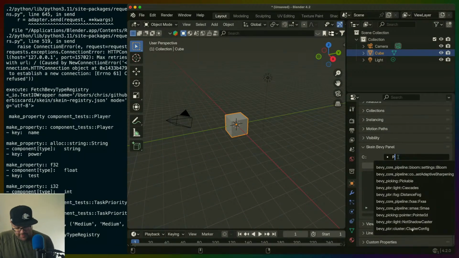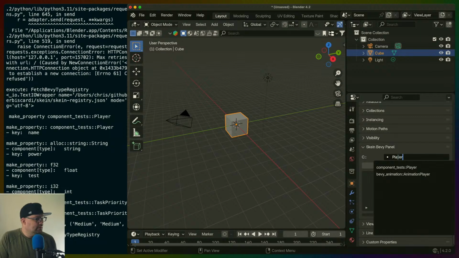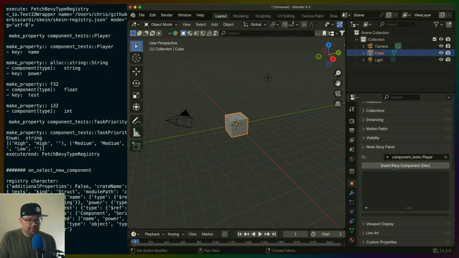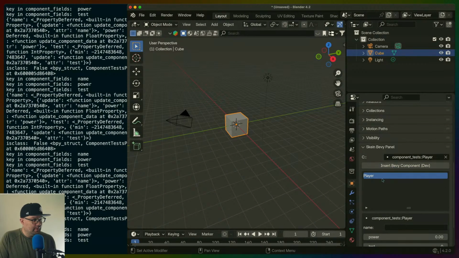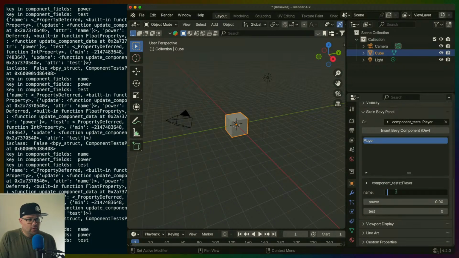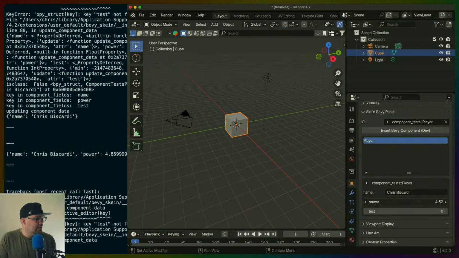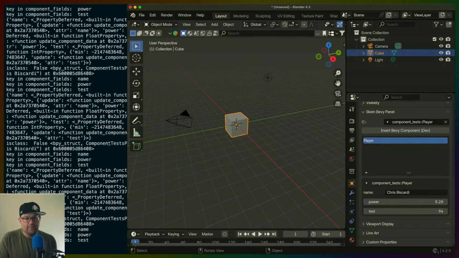So over here in the bottom right, I think we can do player. I think that's one of the ones that currently works. We'll insert this component. We get a form now to fill out some data on this component. So I'll do my name maybe, and drag this, and you can see how the value is getting updated on the left-hand side here. There's a bunch of logs that are pretty noisy, but